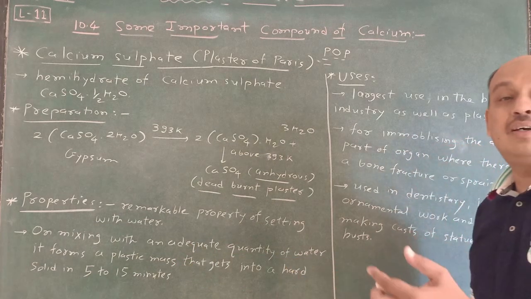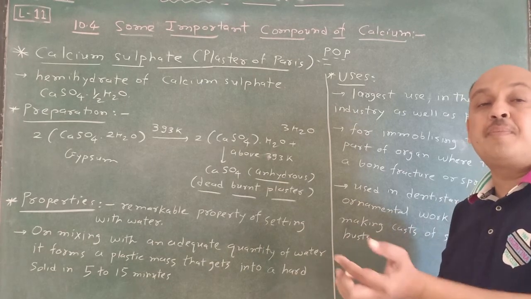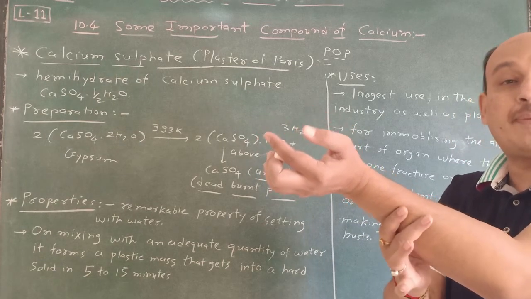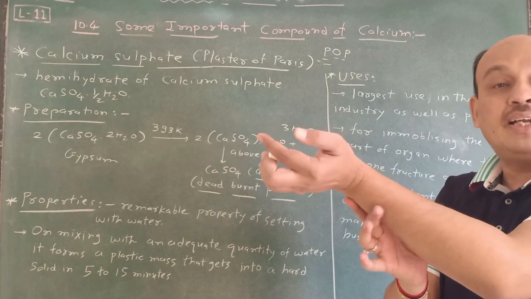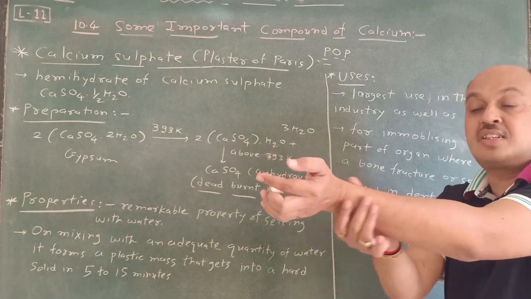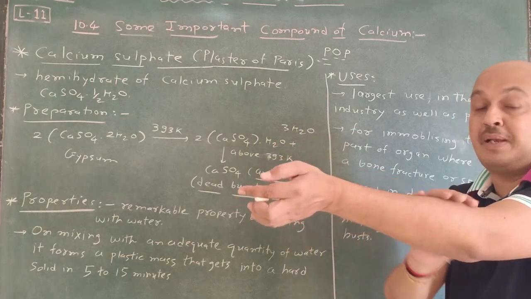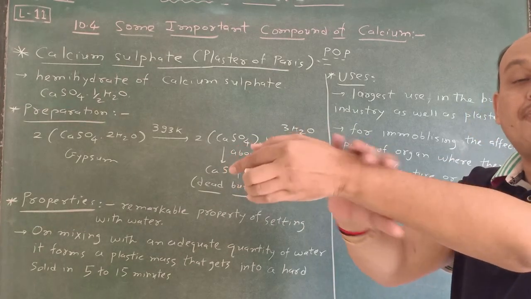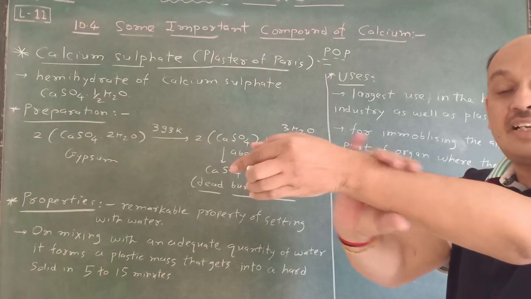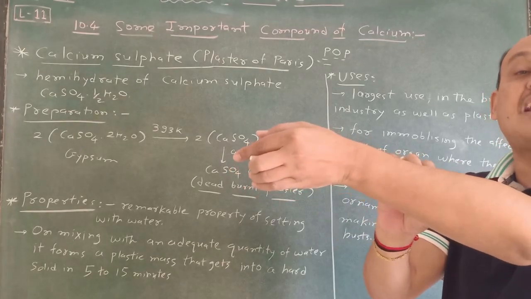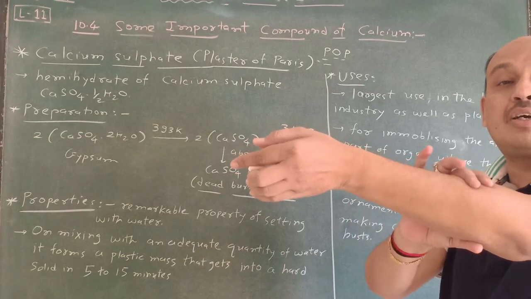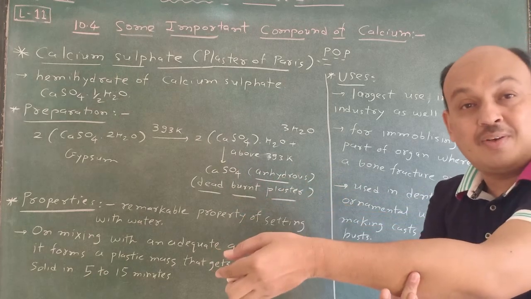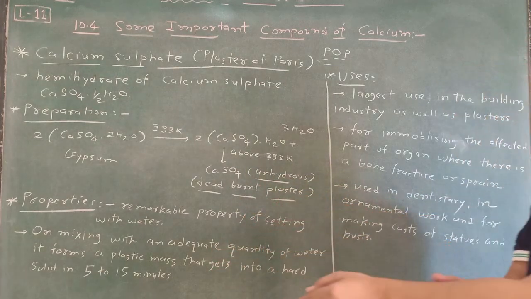When you are a victim of any accident, suppose your bone is broken or a bone has moved, at that time doctors take plaster of Paris. This POP is sprayed over the particular part. Due to that, whatever part is there is adjusted inside very easily. If we do not apply this type of plaster, the hand or bone may break, or say it's a sprain. So this is very important.